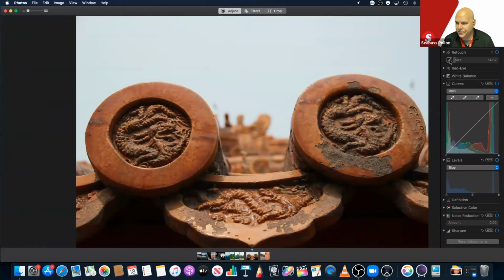Retouch. Select this one, and we're going to make this brush a little bit bigger so that it will fill in this little gray brick part here. I'm going to choose my source by holding down Option, clicking this area here. And now when I move to this, we're going to start to see that this is starting to fill in those holes